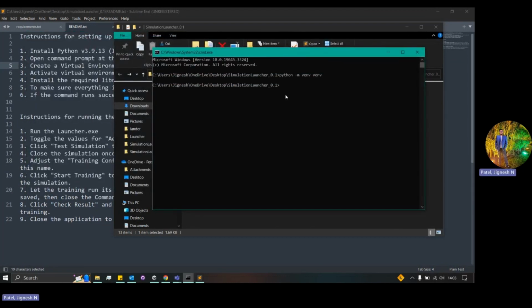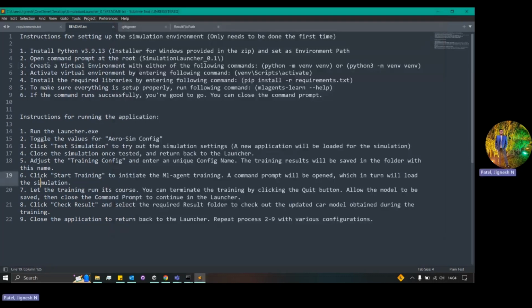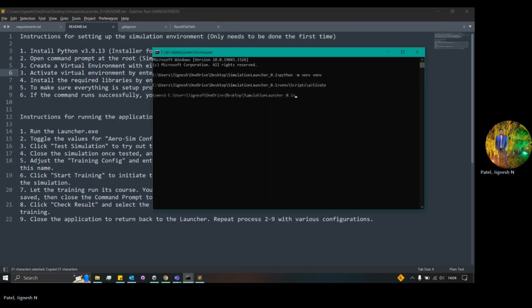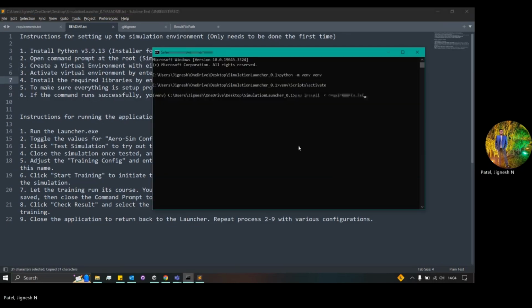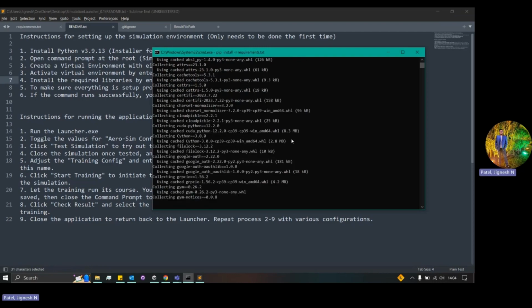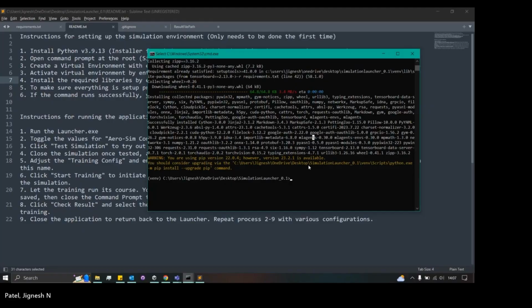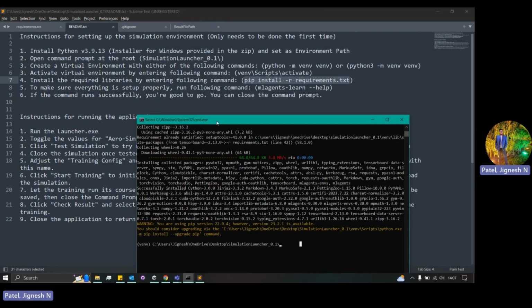And wait for it to generate the PNB, and then next we have to activate it with this command. And then we can install the required libraries using this command. So we'll wait for it to be installed. Okay, so now that this is installed, we'll move on with the next step, which is to check if everything